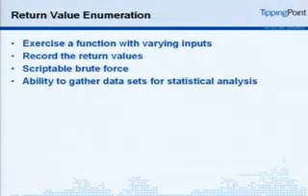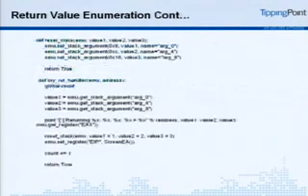So the third one is return value enumeration. This will exercise a function with varying arguments, and it will record the return values. You could script this to do brute force of a function to figure out what's going on. You could force it to build a data set of exactly what the return value will be and things of that nature. So I don't know if you can see